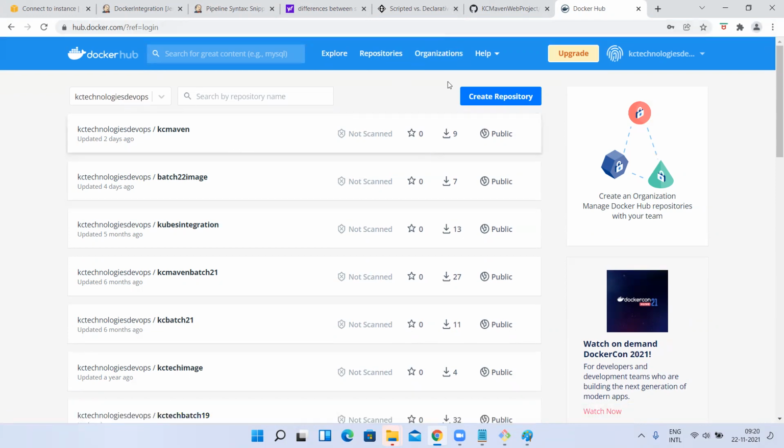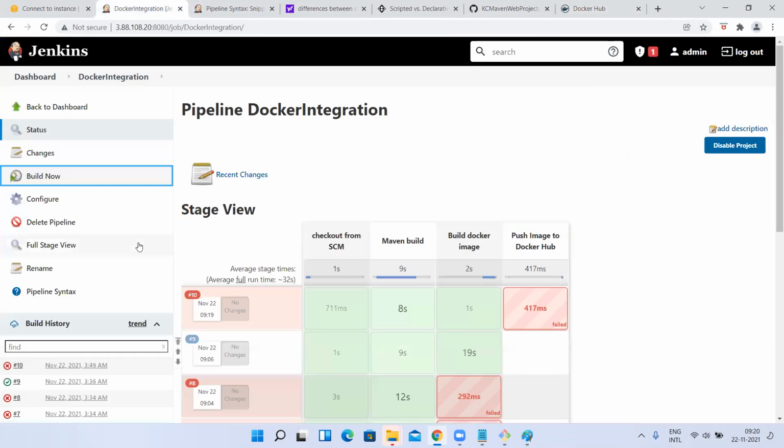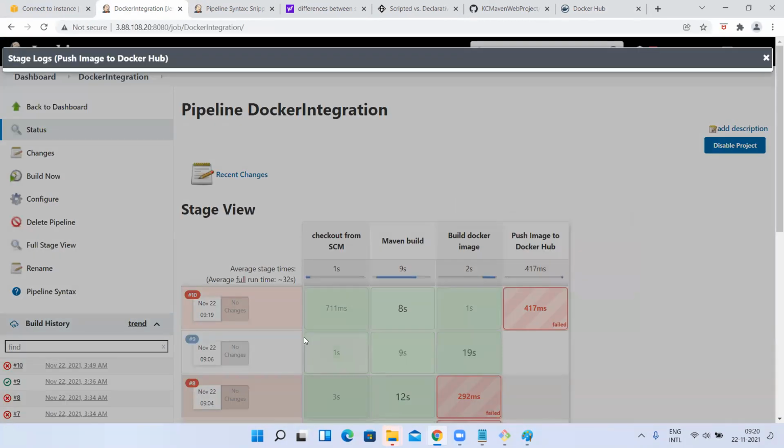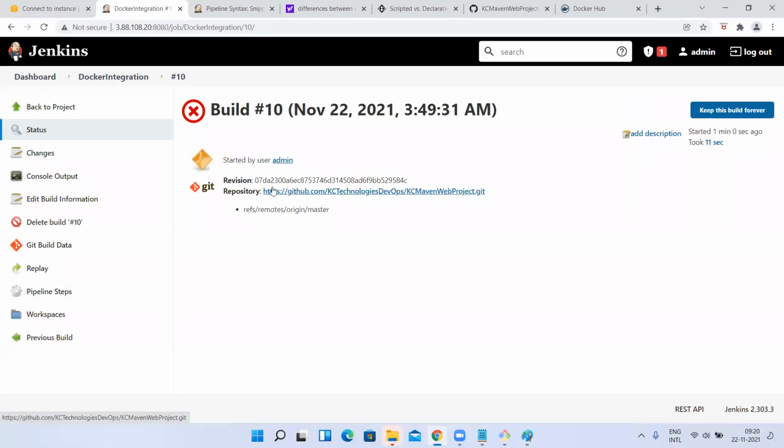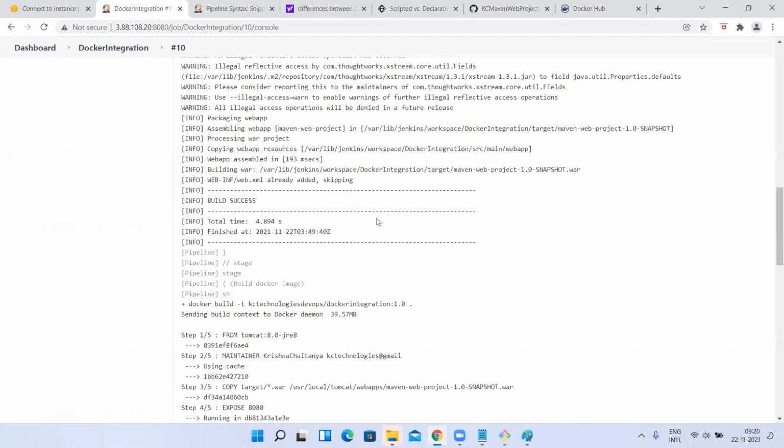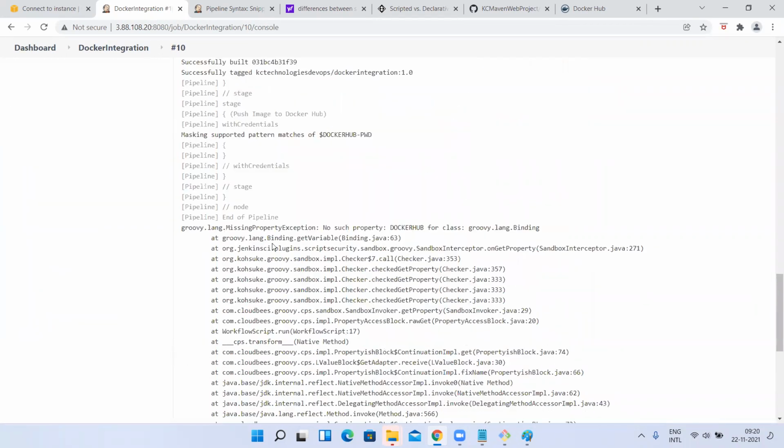Okay, now let me go here. It has failed due to some reason. What is that reason? Let's check here. Docker push, no log is showing. Okay, let me go to the console output. Right, it is saying something missing, no such property Docker Hub.